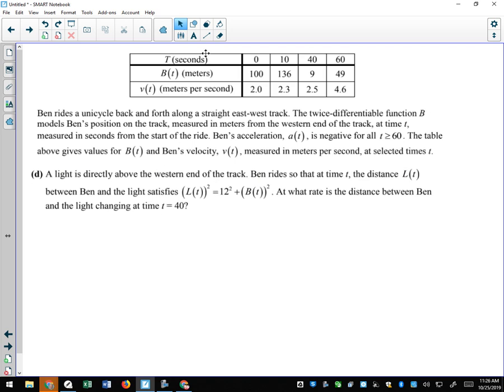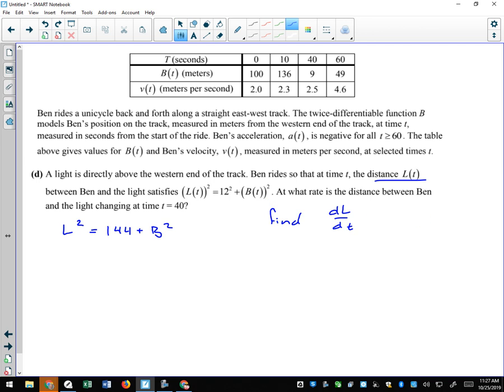Okay, so a light is directly above the western end of the track Ben rides so that his distance from the light satisfies that equation. At what rate is the distance between Ben and the light changing? Now the of t parts make this a little bit hard for me to read. I don't like the L of t and B of t. I think I'm going to change the equation to just L squared equals 12 squared, which is 144, plus b squared. It just looks better to me that way. L does represent the distance, and we are trying to find the rate that distance is changing. So we're finding dL/dt